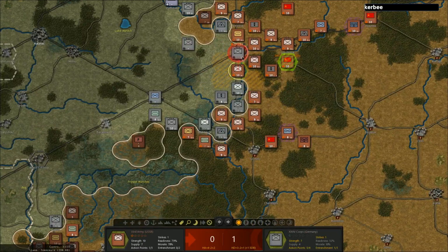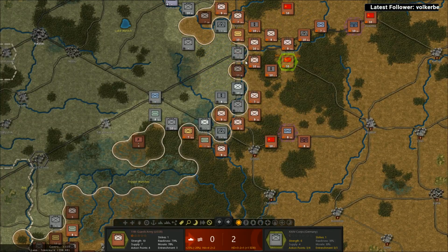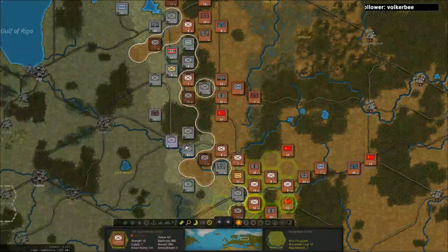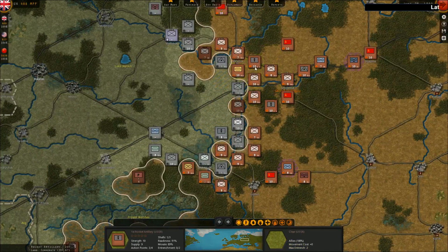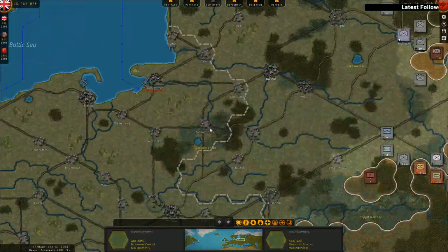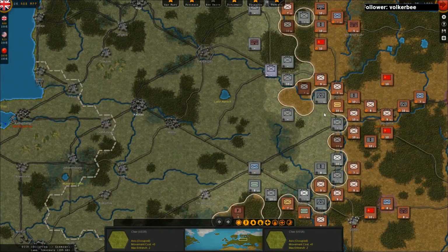We're going to go ahead and attack here. Do the same over here. So right now we're trying to take the town of Orsha. Not really a very important town, but it's in our way. So its level of importance is actually quite subjective. I mean, to us, it's not that important, but if the Germans lose it, it's hugely important to them because